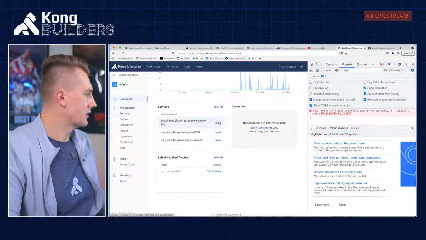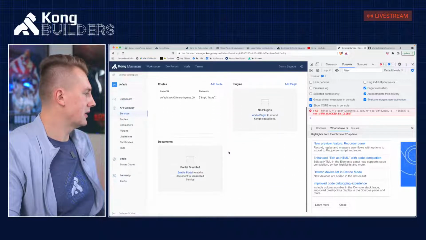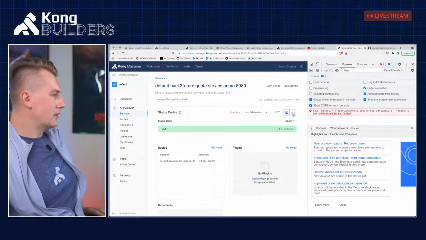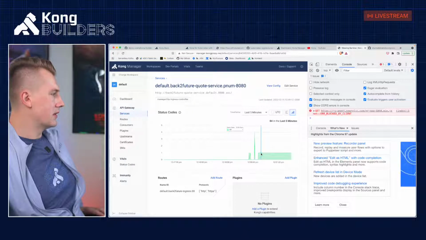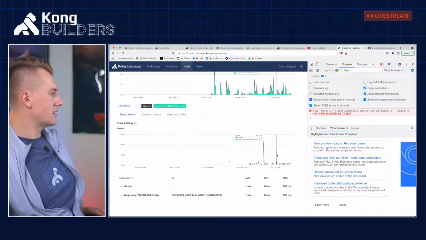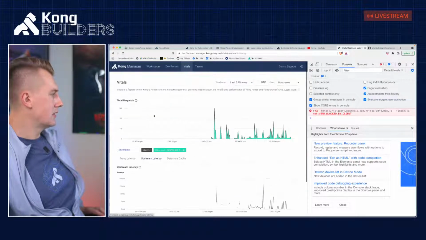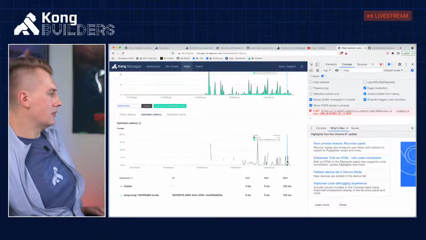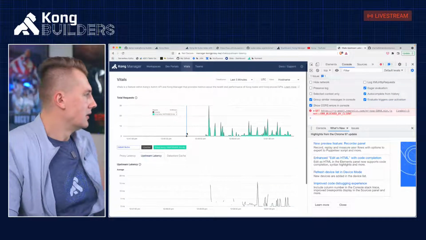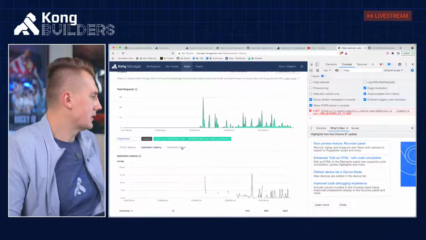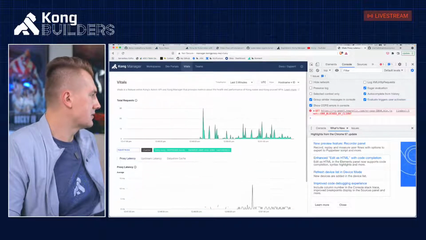For the quote service, we should be able to. I don't see. That's the status codes, but what's the responses? Okay, so we're going in. Yeah, that's the latency, and we wanted to see upstream latency, because now we barely communicate with upstream. Where is it? Host name and ID. Yeah, we barely communicate with this. Where is my service?